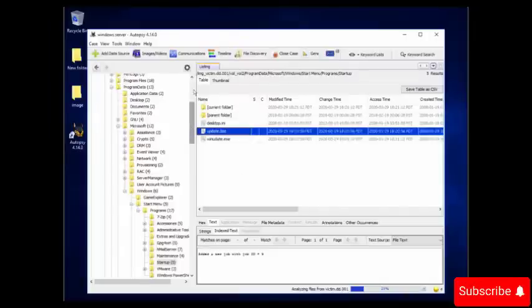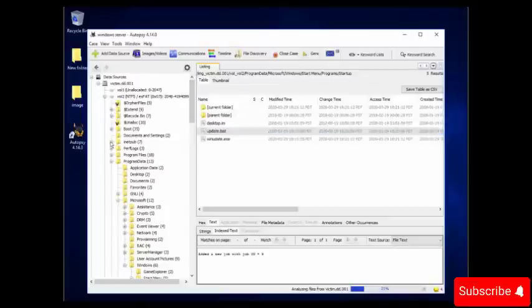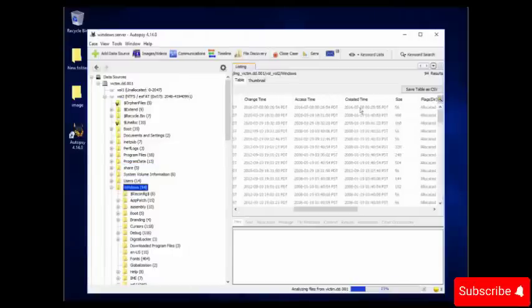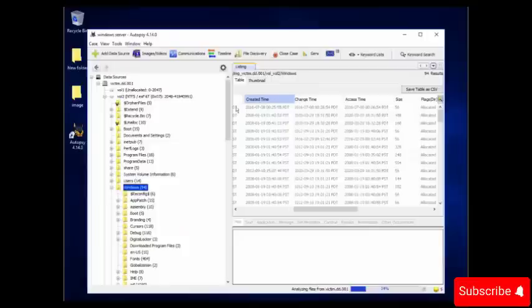So let's go to volume 2 again and navigate to the Windows folder. Let me minimize this. Here it is. Here we have a column called created time. Let me drag this column next to the name column.